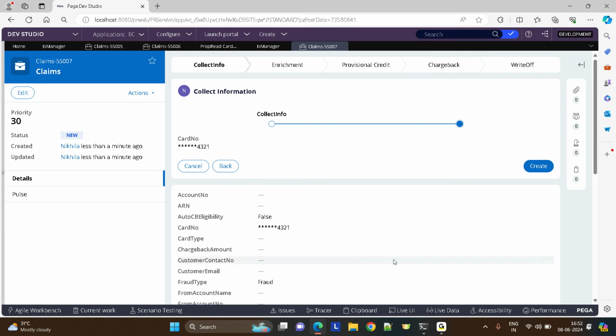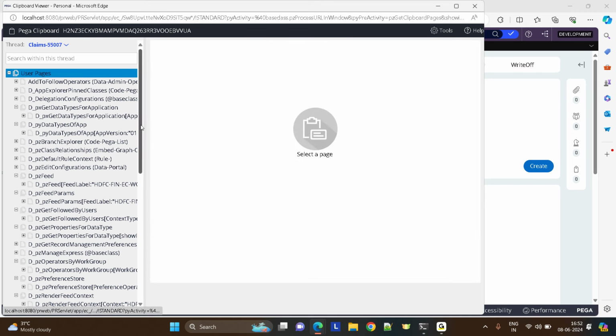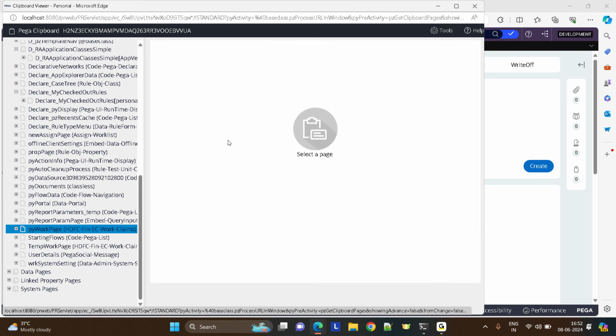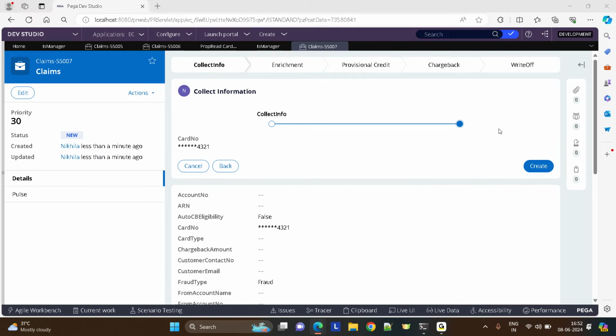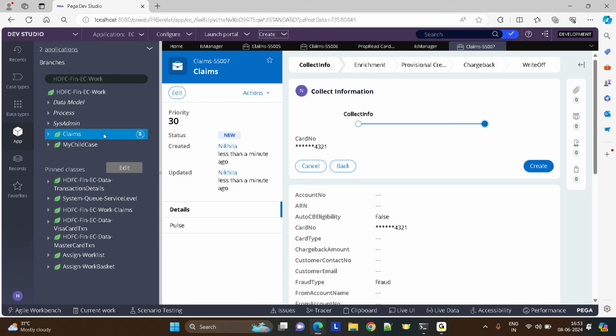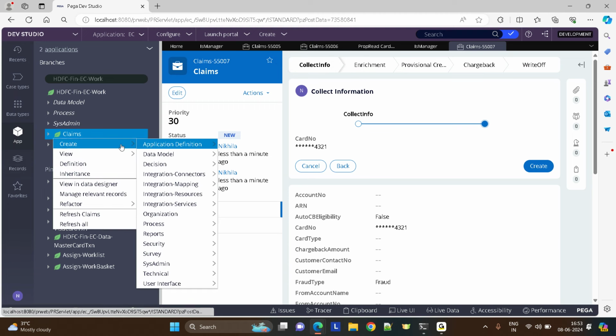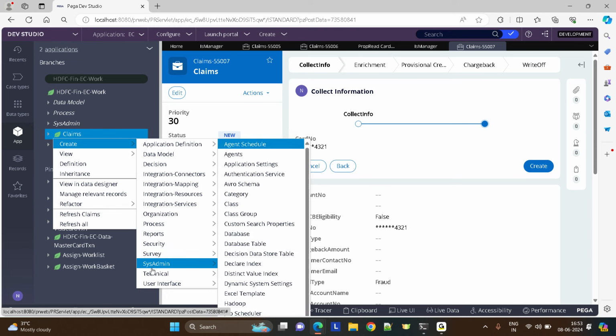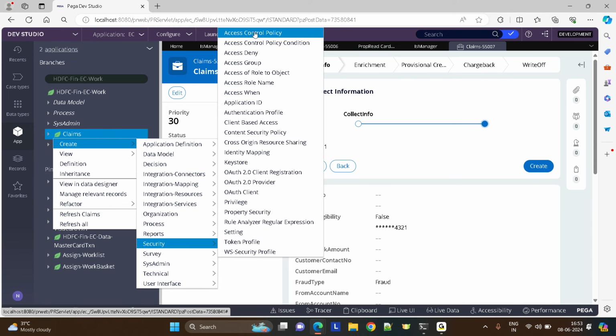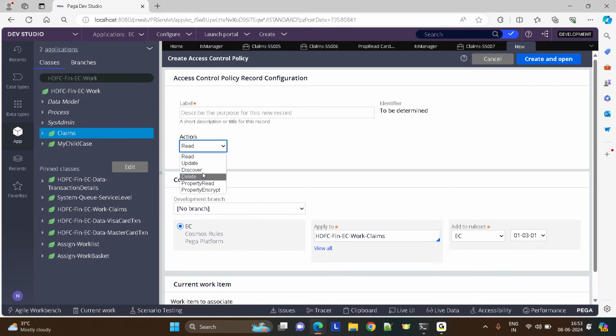But as I told you, this is not going to prevent you from looking at the unmasked data on the clipboard or in the database. So there are different ways to encrypt them at database level and on the clipboard. If you want to encrypt it at the clipboard level, in ABAC only we have another option. Like if you see here, you can use this. This is going to encrypt it in the logs, in the clipboard, in the reports and all, everywhere it is going to be encrypted.